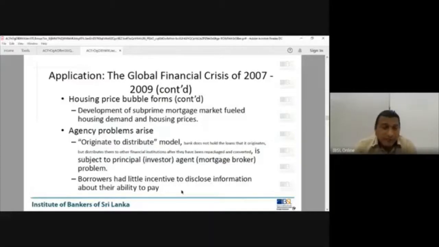Okay, so then the borrowers at the same time had little incentive to disclose information about their ability to pay. As I was mentioning, no proper evaluations were also established in the US, because the so-called agents somehow wanted to sell the mortgage, if not real estate, to anybody